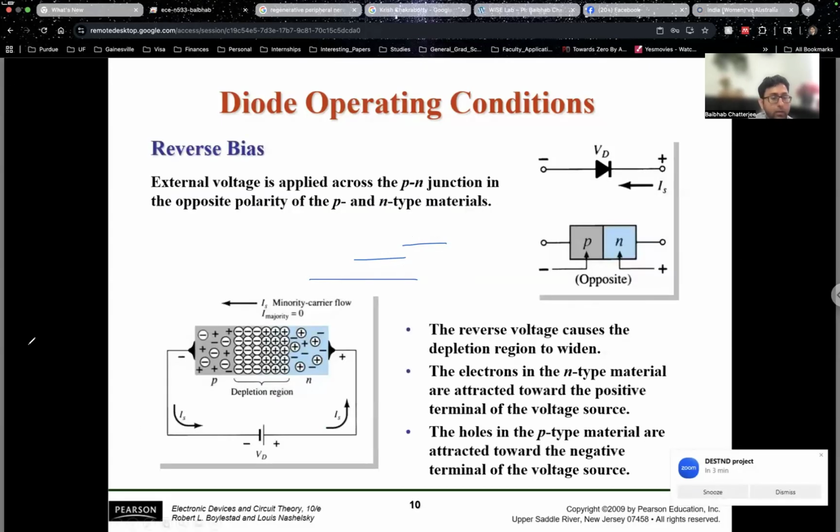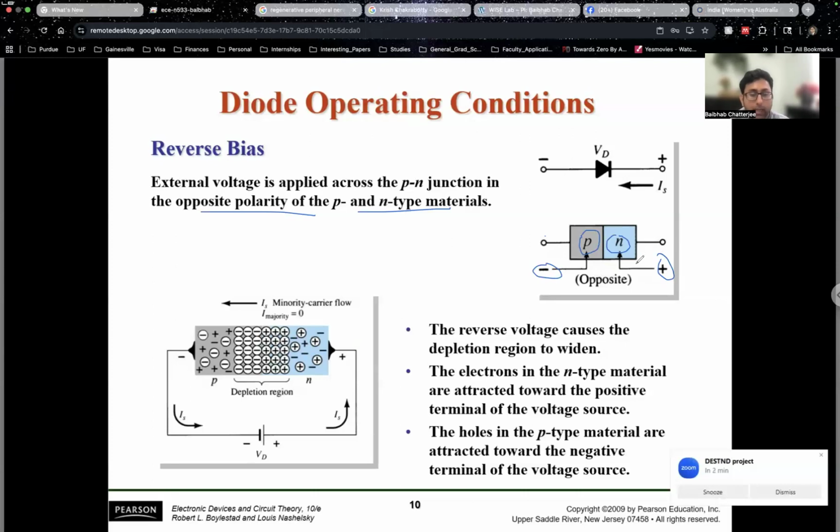In reverse bias, you're applying an external voltage across the PN junction with the opposite polarity of the p-type and n-type material. Now you can also think of P and N as positive and negative, right? You're supposed to apply a positive voltage to the positive side of the diode, that's the p-type side, and a negative voltage to the N side or the negative side of the diode. In that case, the diode would have been forward biased. But because here you're doing the opposite, negative voltage to the P side and positive voltage to the N side, you will see that